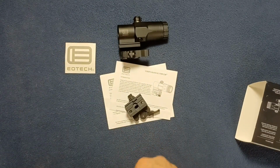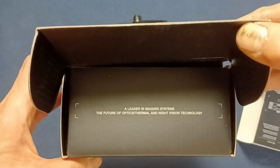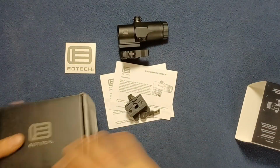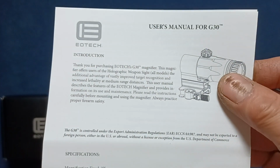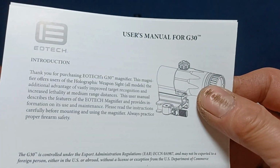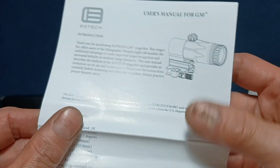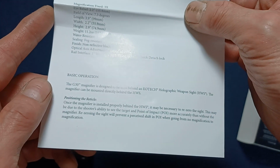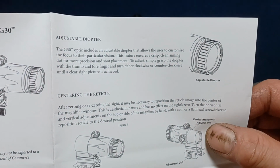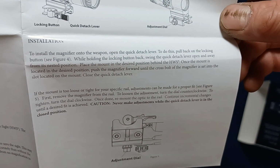Set this aside for a moment. And also there again that kind of mission statement. They also included a user manual for the G30. See the introduction statement. I'm trying to open this here. The EAR warning, specifications, basic operation on how to position the reticle, adjustable diopter, centering the reticle, installation,